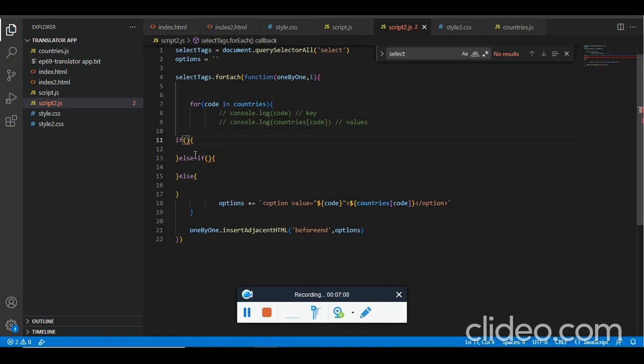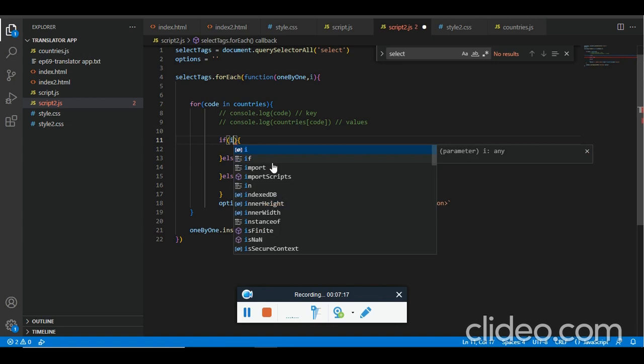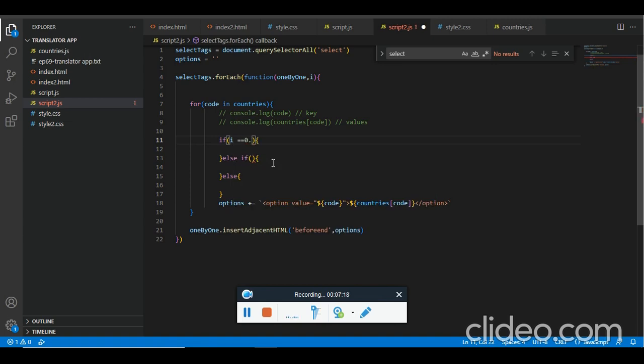Now we are going to check if i equals 0, that means the first select tag, and the country's code is English, the value as English, then